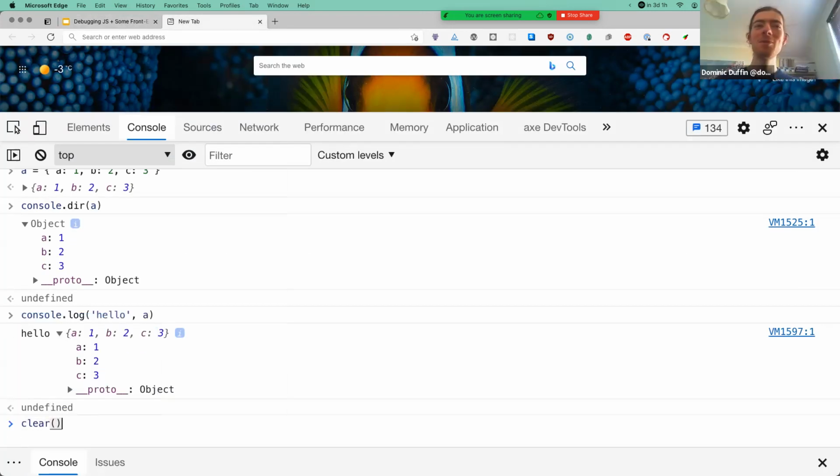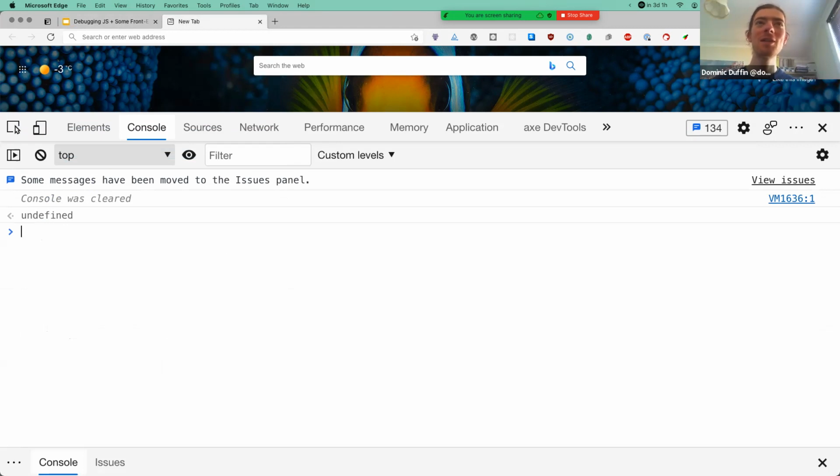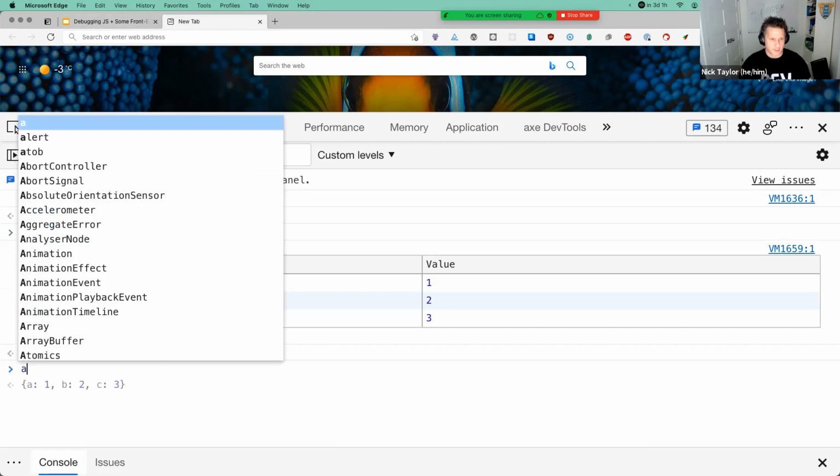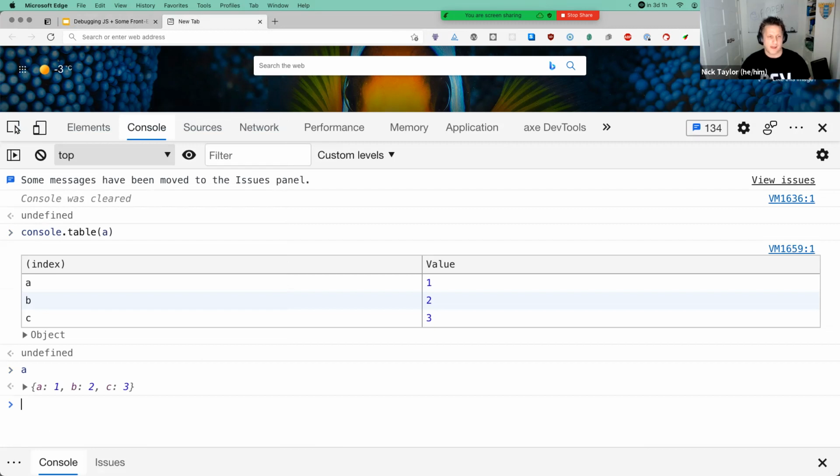Yeah, so I have two questions about the console.table one. First question is, I see you demonstrated it with an array. Can you also use it with an object? Yeah, so you can see here now, A is an object right now because I switched it. And in this case, it's outputting the key, which is the index, and then the value